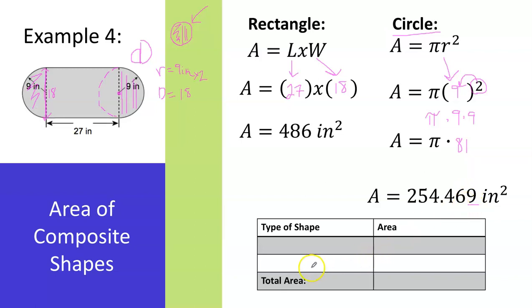Next, I'm going to start filling in my table. On the left, the column says type of shape. The first area we found was the area of the rectangle, so for type of shape, I fill in the word rectangle. In the right column, I'm going to fill in the area of the rectangle. The area of this rectangle is 486 square inches. Next, I'm going to fill in the second shape that I found the area of, which is the circle, because our two half circles made one full circle. And the area for the circle is